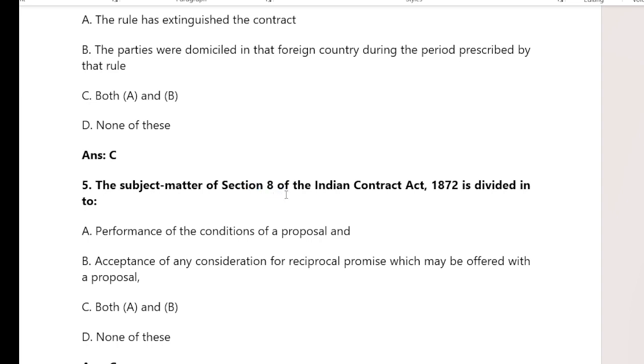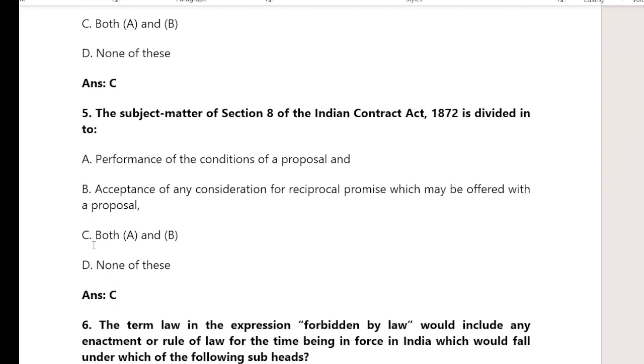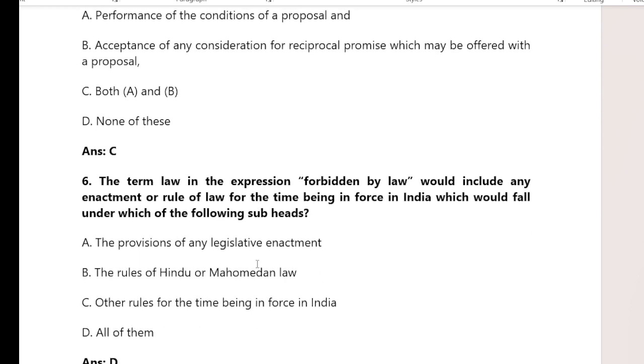And the next question is the subject matter of section 8 of Indian Contract Act 1872 is divided into option A performance of the condition of a proposal and option B acceptance of any consideration for reciprocal promise which may be offered with a proposal, and option C is both A and B and option D none of these। The right answer is both A and B।